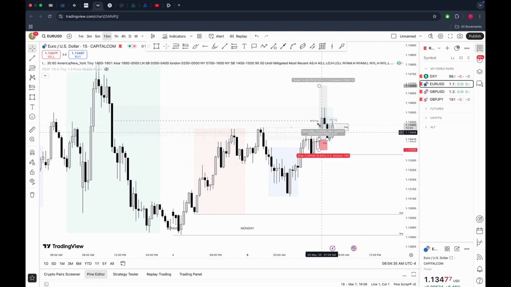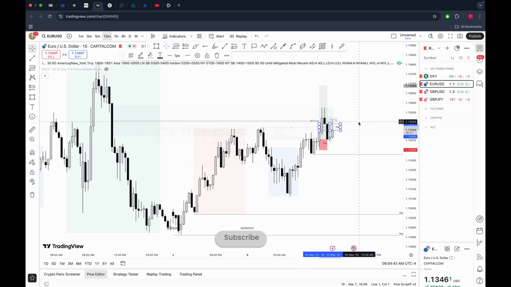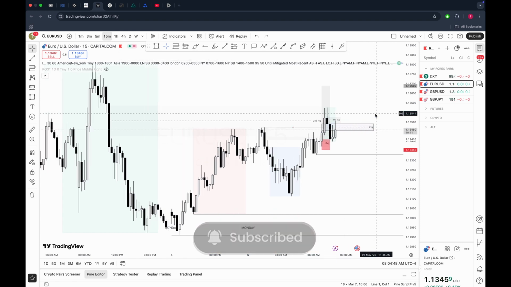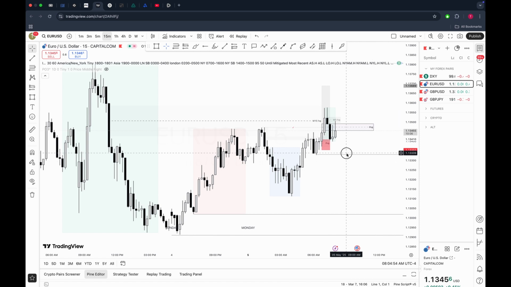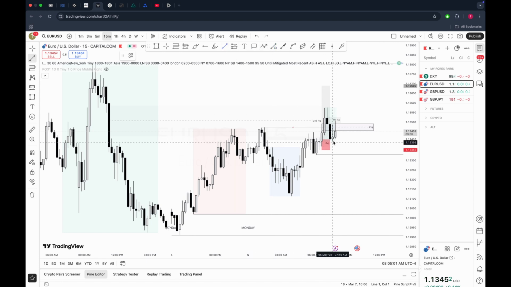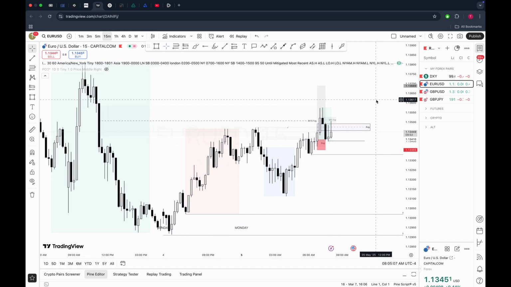We can see this was a fair value gap from the 15 minutes, and it is now acting as an inverse fair value gap. Alright, that is what I'm saying. I want to see more confluence. If this is able to reject and close below this area, or probably below this area, I'll look for another entry. So this would have been my first entry, but I'm still waiting.